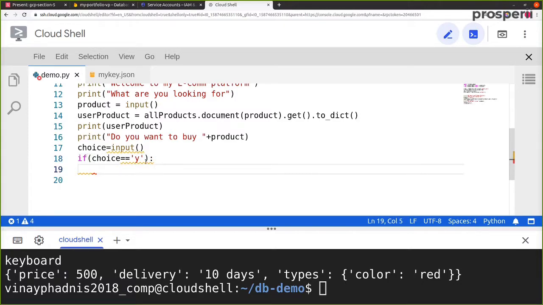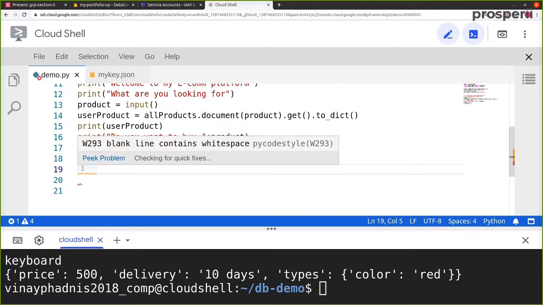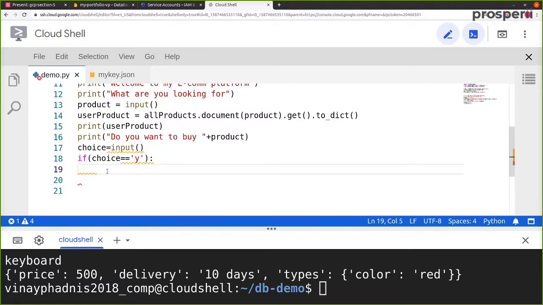in Python, unlike any other language, you don't have brackets where you write in code, but essentially inside Python everything is written after a colon, but then you have some space left from the margin. So over here let's print out deleting the product.